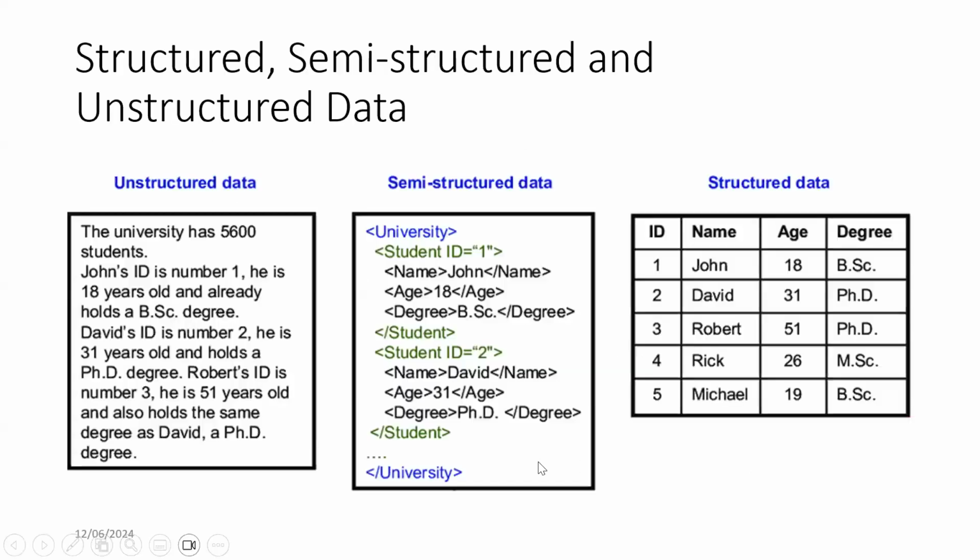So here is an example: similar data, the same information, in different forms. This slide I have taken from the internet. It shows free text data, or we can say unstructured data. Then if you put it into a format like XML, which we will discuss in coming sessions, we call it semi-structured, where you have some kind of structure we define. But the last one is very structured, like what we discussed in relational database tables.